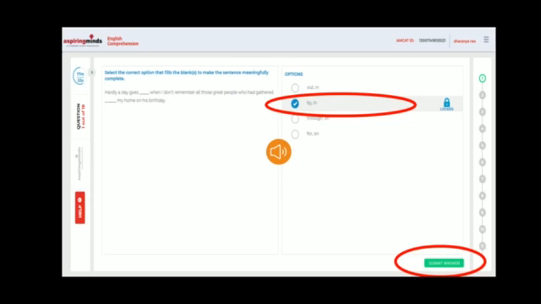To answer a question, click the checkbox beside the correct answer and click Next to answer the next question. Please proceed with the test in the similar way. Once a module is completed, the test will move to the next module. Please ensure that you are answering all the questions in the module. Do not exit the test or skip any module.